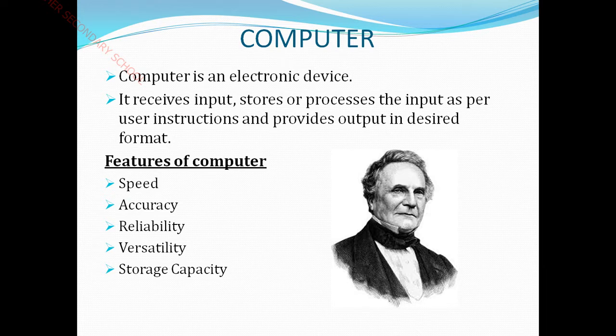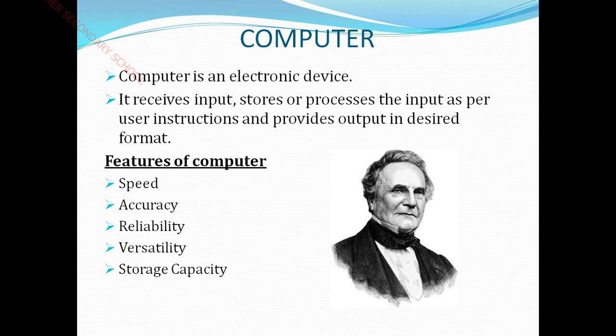It receives input from the user, or we can say it receives data from the user, then processes it, and finally it will produce output. And also remember that a computer does not understand anything and does not think on its own. If you want to give instructions, the computer will work as per the instruction. So that's why I said in the beginning, a computer is an electronic device, a machine. If the computer makes any mistake, that is not a computer mistake, that is our mistake, because we have to give the proper instruction to the computer, otherwise it will produce the wrong output.